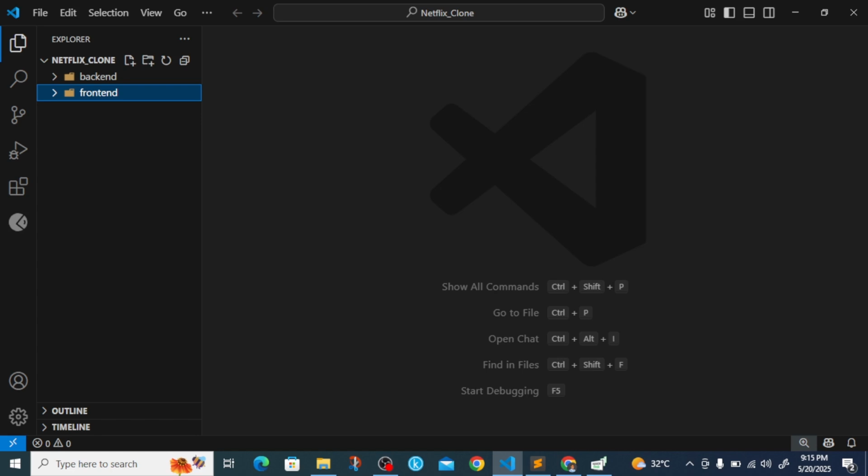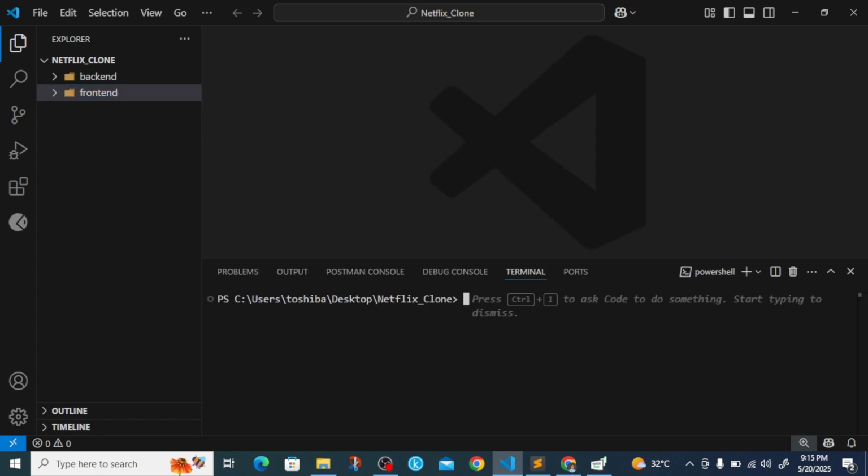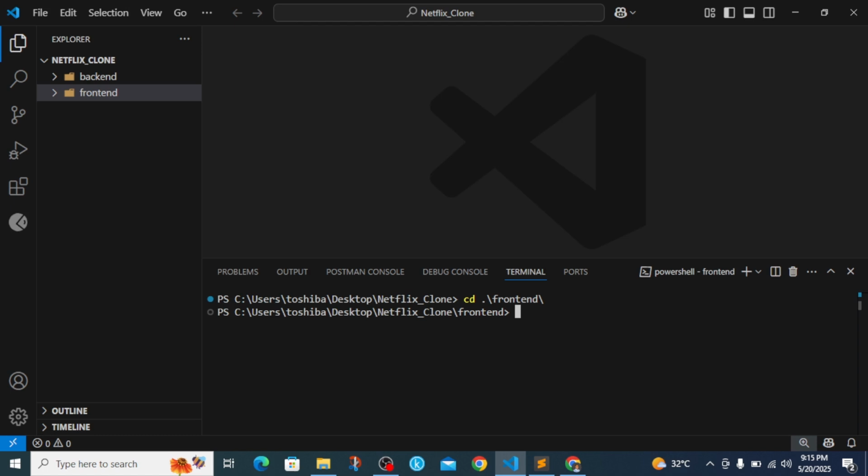So to do that, we're going to press Ctrl J on our terminal and say npm create vite@latest. We have to do this in the front end folder, so let me copy this. I can just cd to the front end, and then I paste npm create vite@latest to make sure that this Vite is in our front end folder. So when I click on enter, I'll come back here, click on enter,